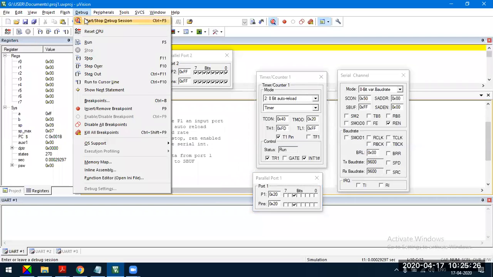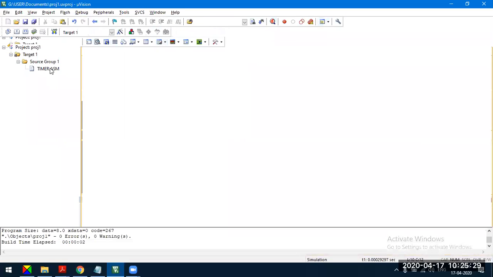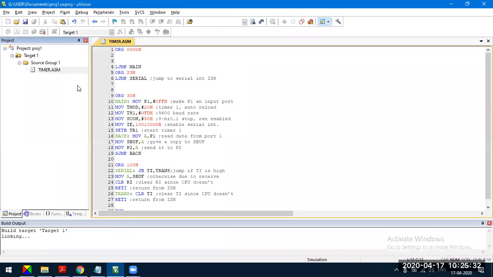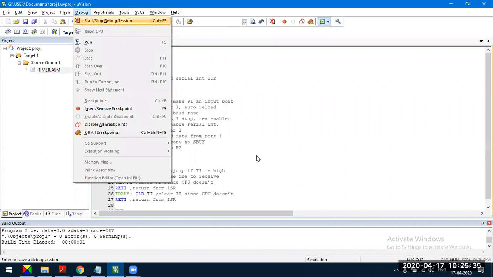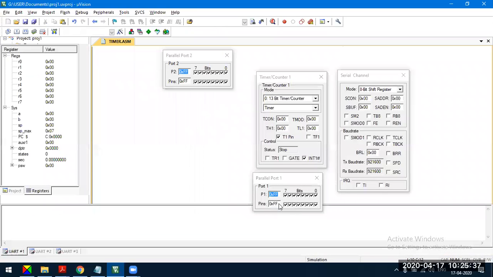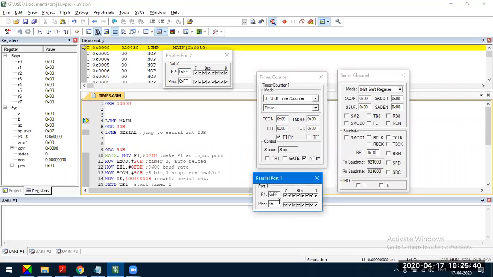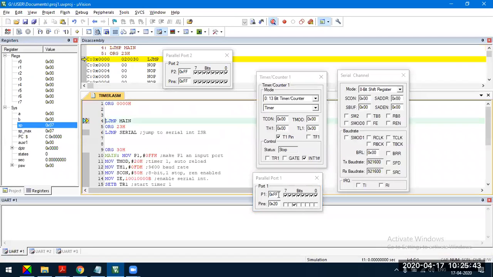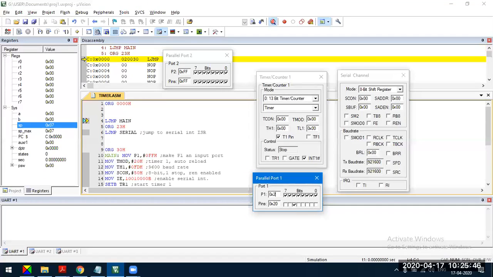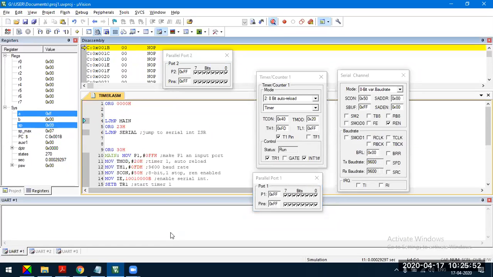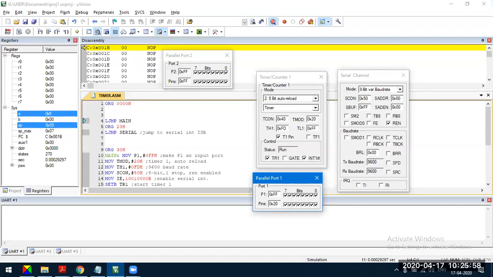I have given the data, I'll run the program again. I should give the data before I start the execution. Debug, start session. The data given will be, let us say, 20H. I'll give it on the pins, data 20H. This 20 corresponds to the data received by the microcontroller on port 1. When I run the program, debug run, sorry, it didn't change. So I have to set it to 20H. So data received will be 20.